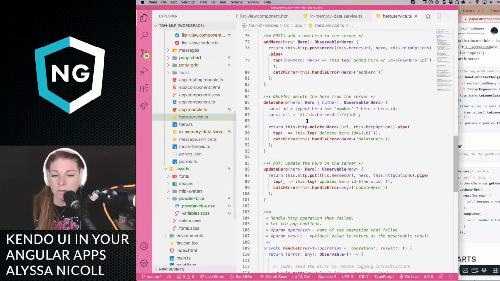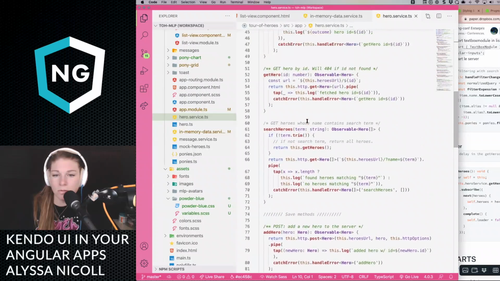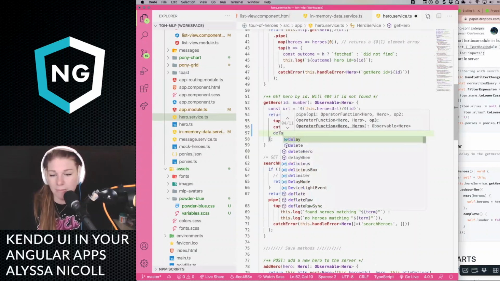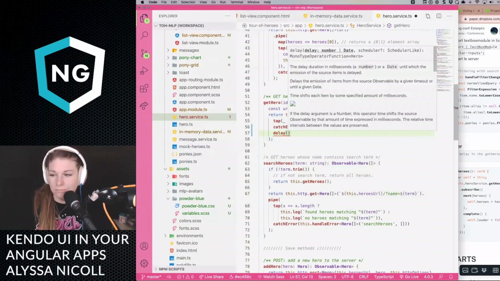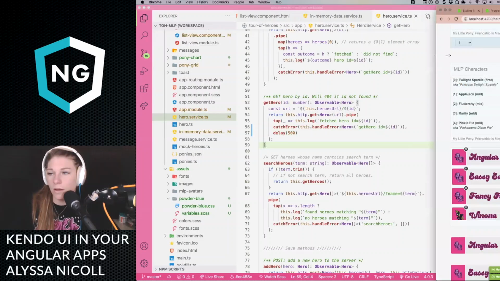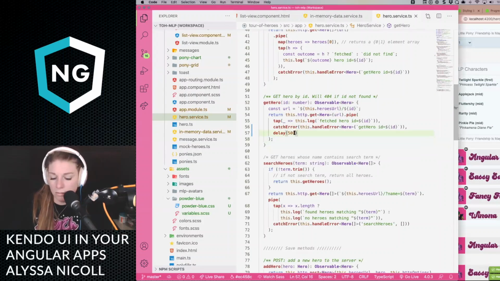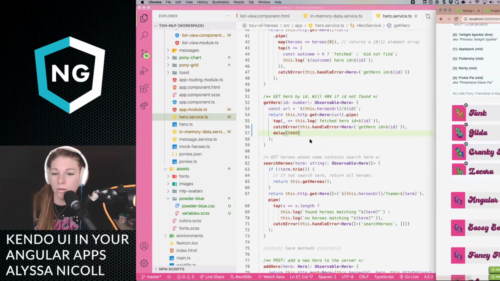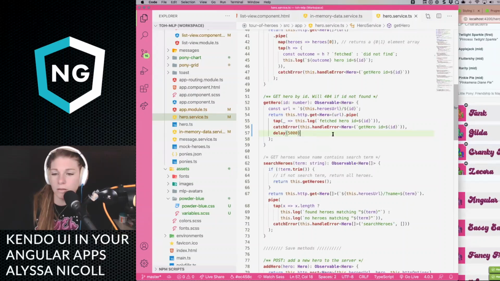And I need to go up to get hero, and we're going to add a delay of I think 500 should be fine for us to see it. Go back over. No, maybe not. Oh, no, that should work. That totally should work. Unless, of course, I need to restart the server.